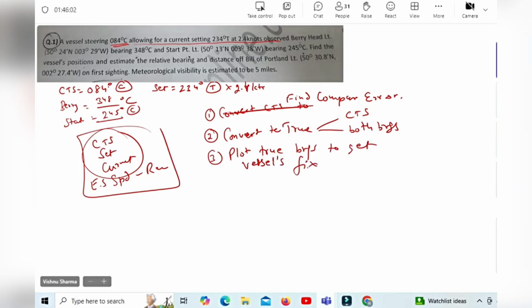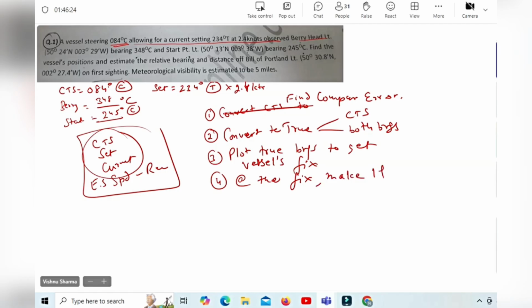See, this question is only to confuse you, nothing else. Will you be able to get the fix of the vessel when you plot the Start Point and Berry Head true bearings? Yes or no? Correct. Now he's not given us the time. Don't worry. At the fix,